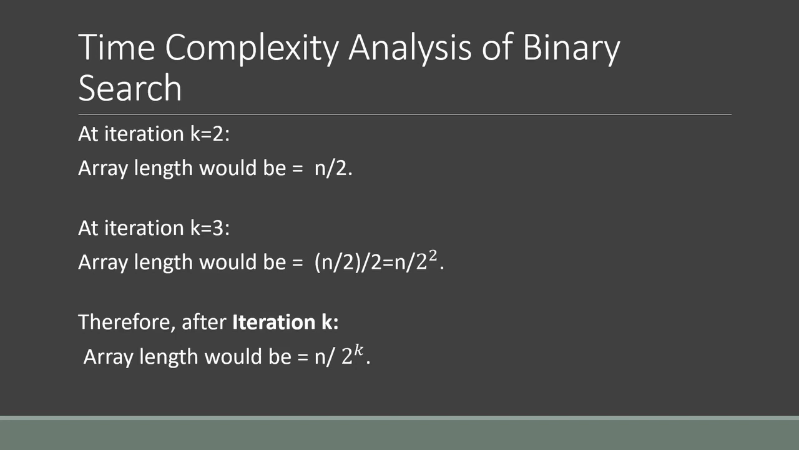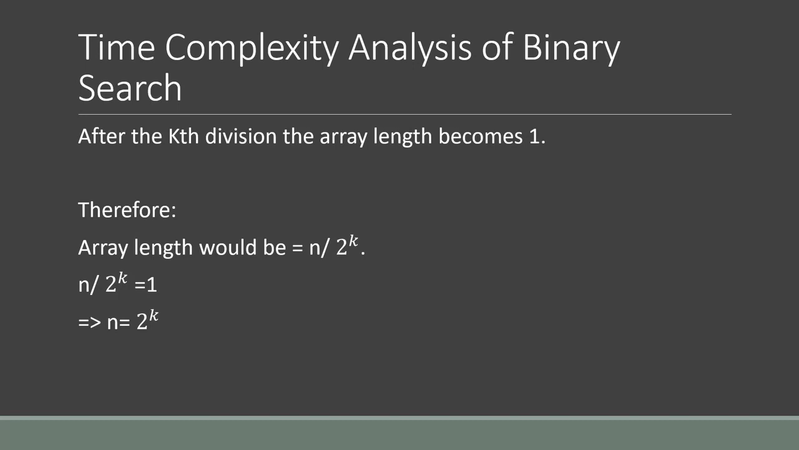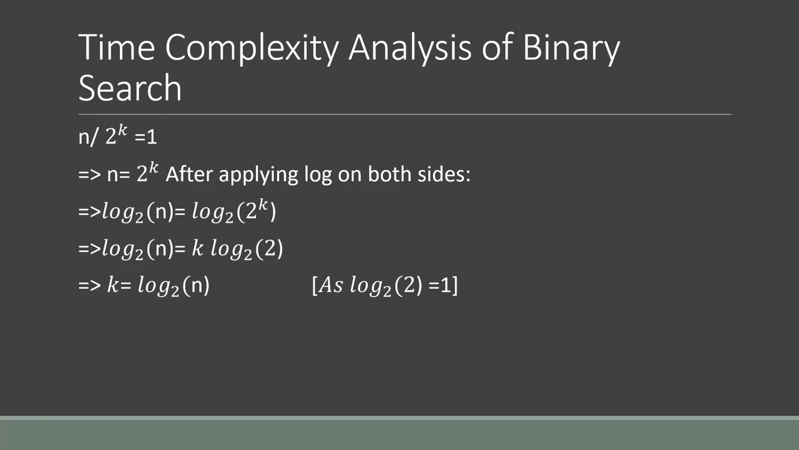So if the value of k goes on, then the array length would be n by 2 to the power k. Now after the kth division of the array, the length becomes 1. So we can say that the array length after the kth iteration is n by 2 to the power k, which is 1. So that means n by 2 to the power k equals 1, which easily implies that n equals 2 to the power k. Then if we apply the log function, that is log base 2, on both sides,